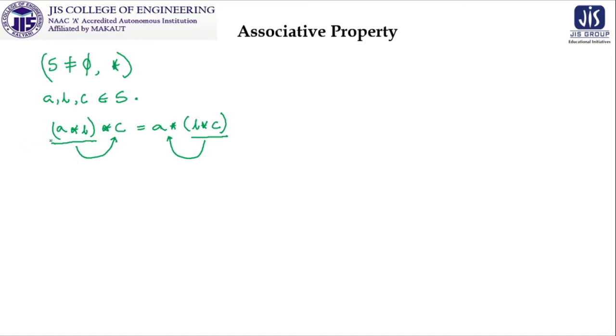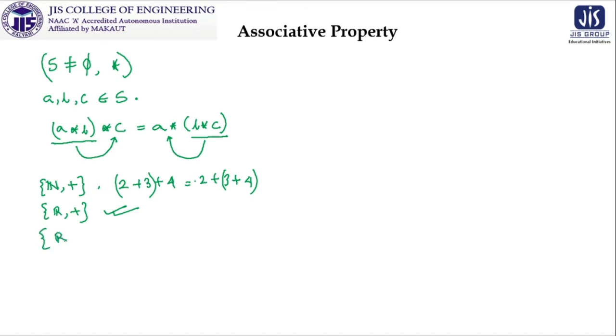This is the requirement of our associative property. Now, if we take the set of natural numbers with addition, obviously it is a non-empty set. So if you take 2 plus 3 plus 4 and 2 plus 3 plus 4, look at this. If you place your bracket over here and if you place your bracket over here, you are going to get the same result. Clear? And similarly, if you take the set of real numbers and you are testing it, you will get it is also okay.